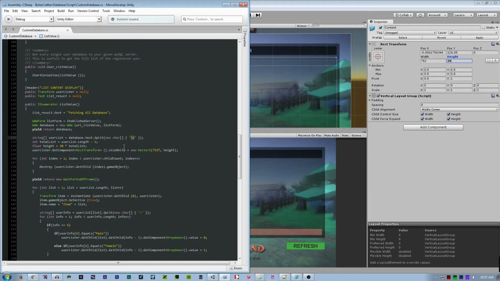So we get the rect transform of this content. Get component RectTransform, that sizeDelta is equal to new Vector2. 752 is the width. That's a constant. And then the height, we get the height, this height. So if there is 2, it should be 60. Then moving on,